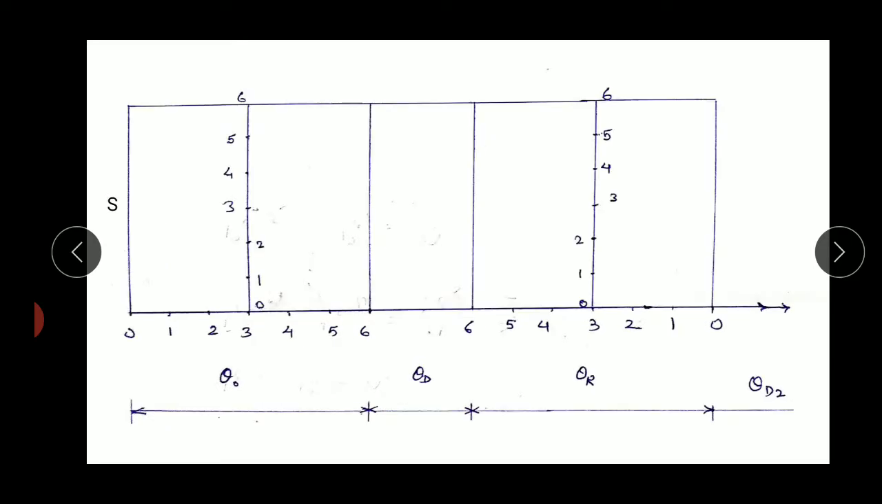Now draw a vertical line passing from the center of this graduation. So if you have divided it into 6 parts, then draw a vertical line from the half of this, that means at point number 3. So draw a vertical line over here. Similarly, during the return stroke, draw a vertical line over here,